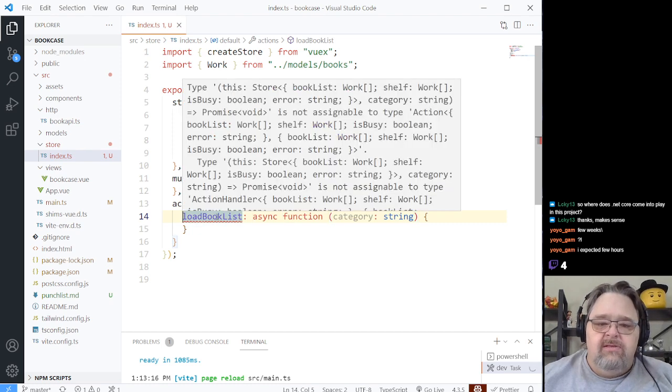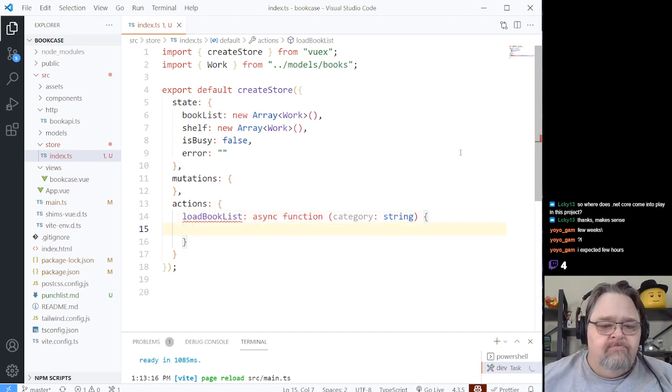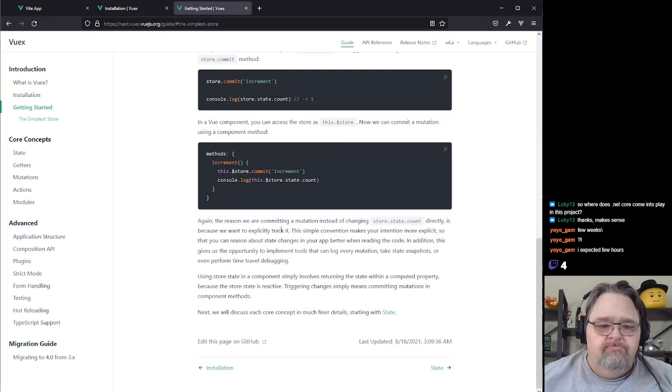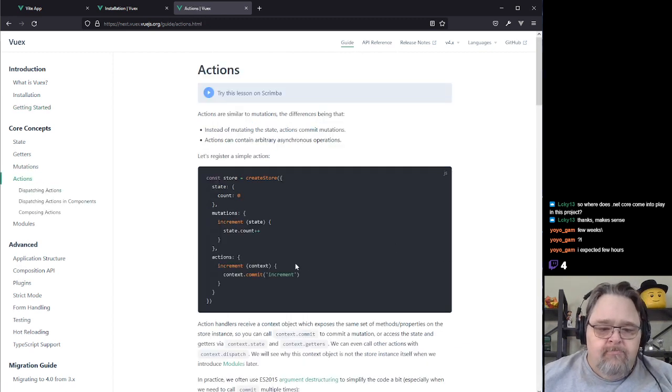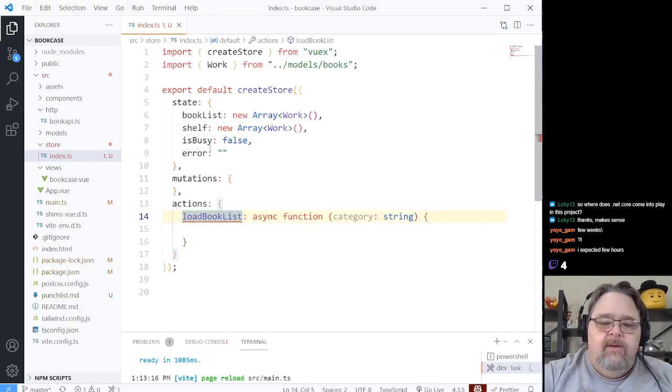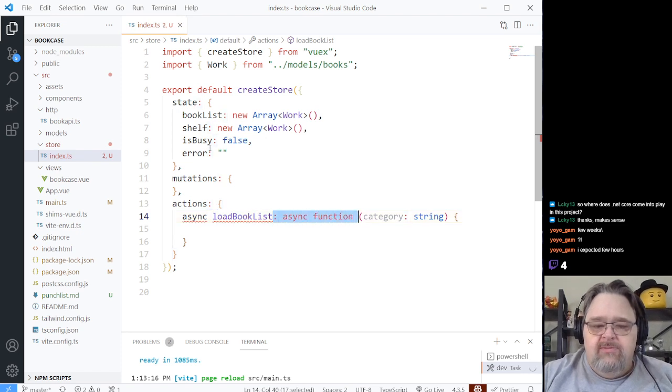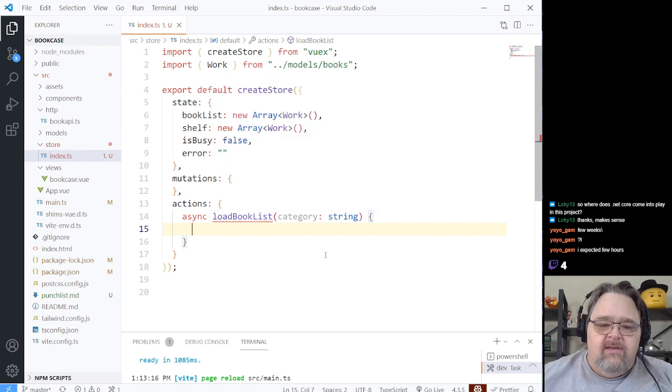What doesn't it like about this? What am I doing wrong with the action? Hold on. Actions. Oh yeah. Async. I want them just as the functions here. And of course it's not going to like async until we do an await, and so we'll just say return